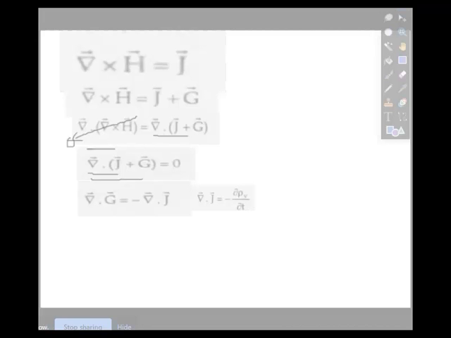We can put this equation, because both equations have a minus sign, so that will compensate the minus sign. Finally we will get this equation: delta dot G equals del by del T of rho V with positive sign. So Maxwell's third equation in point form, we have used that equation. And if you put rho V equal to delta dot D in this equation, then we can write like this.